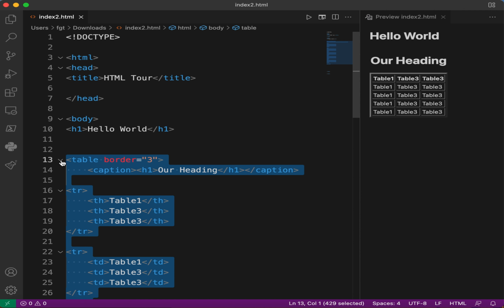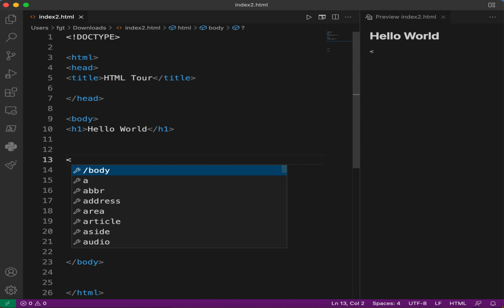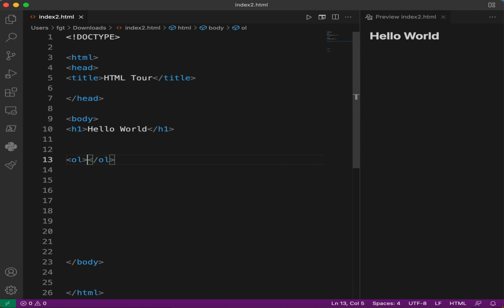Okay, and right now for the lists. In HTML there are three types of lists. The first is ordered lists, like OL, and unordered lists. They are UL. It's U for unordered and then L for lists. And also description lists, which is DL. Okay, let's go here. Hold on. First, let's create ordered lists. Okay, OL,